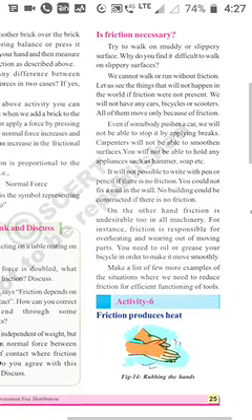Next, coming to activity 6. Friction produces heat. Rubbing the hands, we all know. When we rub the hands in the winter season, early in the morning, we all rub the hands and keep them at the neck. Yes or no? Yes. So rubbing the hands, yes, friction produces heat.